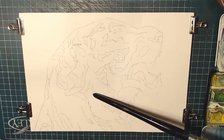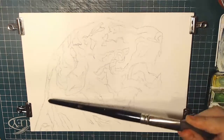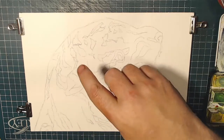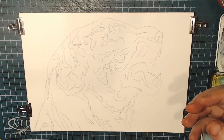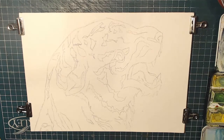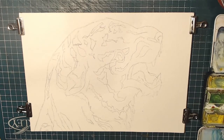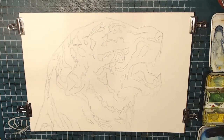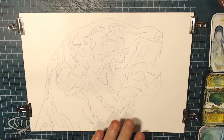Now, the tiger generally has a very light orange yellow colour to it, so what I want really is something that's going to counter that, maybe a greeny blue colour for the background. So that's what we're going to do first. So I'll get a blue there, start prepping that. Get some and make sure that I put a little bit of yellow in that to make it a greener blue. Right. And this background,